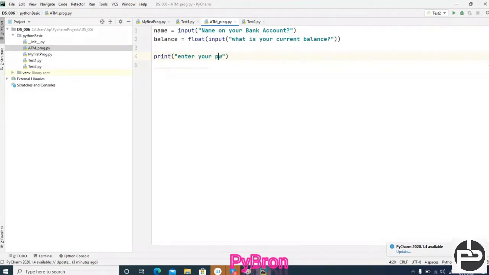Don't you think we have to take the password with the input method, and we capture this password in pw, the password. And once the password is entered, what do we have to do?